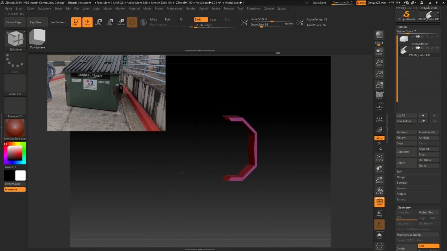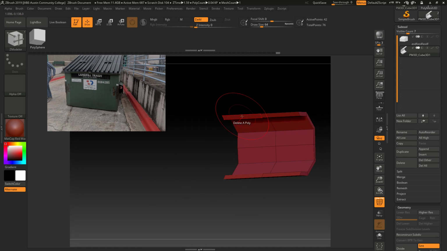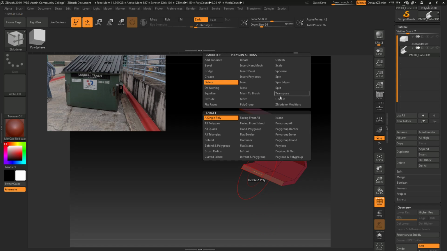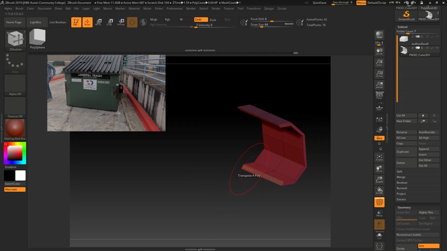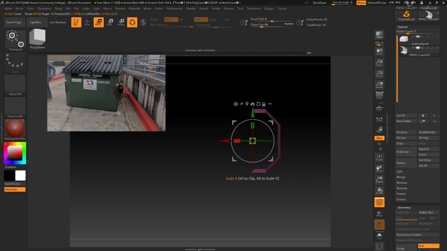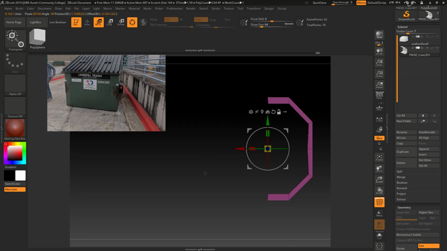If we want to flatten those guys, let's go ahead and do that. So I'm going to go to quad mode, hold Alt, select those, and what I'm going to do is just scale them. So I'm going to go into my quad mode, go to transpose, select those, click on one, it'll add to the whole selection. Let's align it, and let's put it in position, and then I'll scale it, let's zoom in, and there, it's flat. Unmask it,